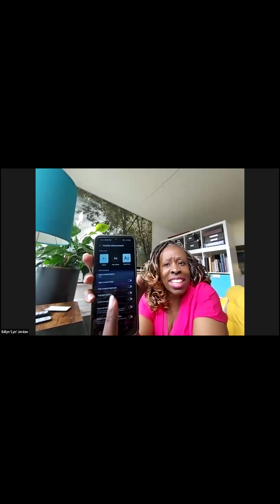Once we're in the visibility enhancement, on my screen there are 3 letter A's, the capital A and the little a. There are 3 boxes. The first box, I believe, just says none. No, it says default. The second box says high contrast, so it's a dark background with white letters. And the last box says large display. I want large display. Some of you might like the high contrast, but large display works best for me. I need it as big as I can get it so that I can kind of see it.